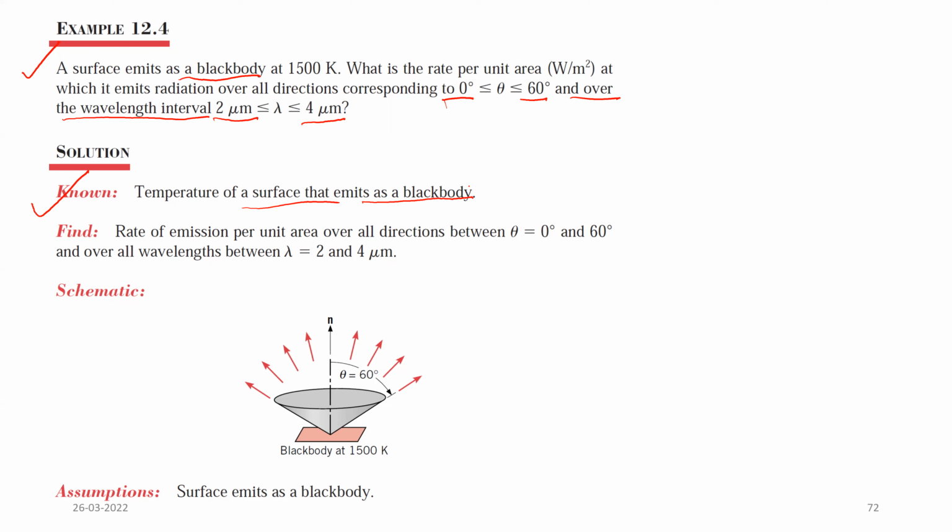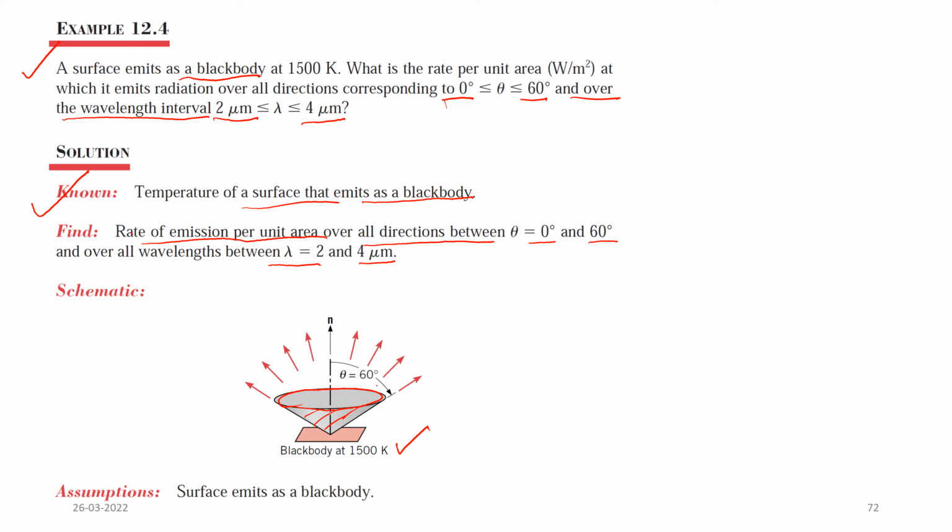This is the first thing that we know. To find is the rate of emission per unit area over all directions between theta equal to 0 degree and 60 degree, and the wavelength range is between 2 microns and 4 microns. So you can see here, this is the black body shown at 1500 Kelvin, and this is the cone actually. So we have to calculate this